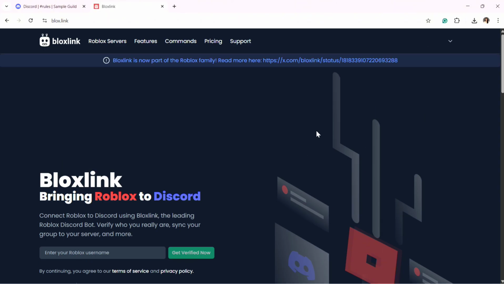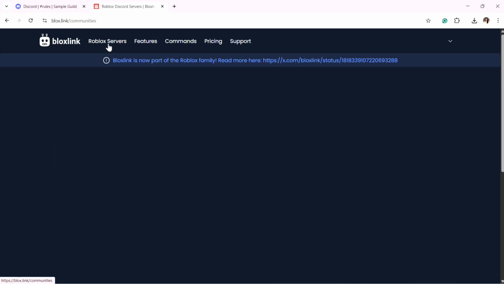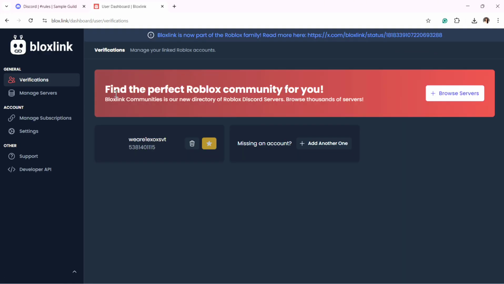you want to set up Bloxlink and then type /setup or /help to view available commands, and then use /verify to link your Roblox account. Use /bind to connect Roblox group ranks, game passes, or badges to your Discord roles, and customize restrictions using